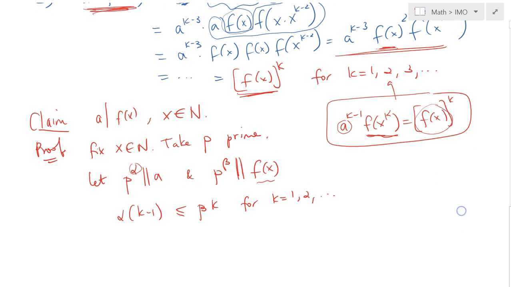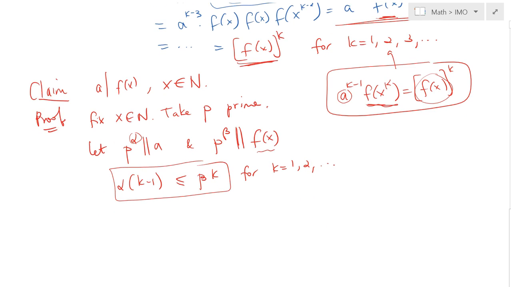But then here you have an infinite system of inequalities. Namely, if you plug in 1, we would get that 0 is less than or equal to beta, then alpha is less than or equal to 2 beta, 2 alpha is less than or equal to 3 beta, and so on. But then if you think about the values of alpha,